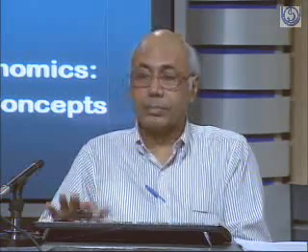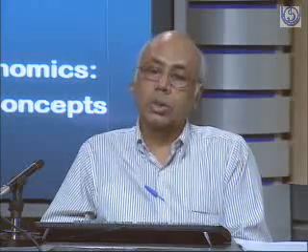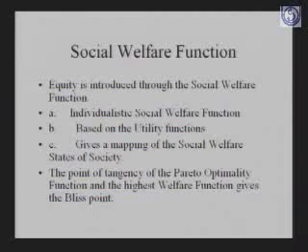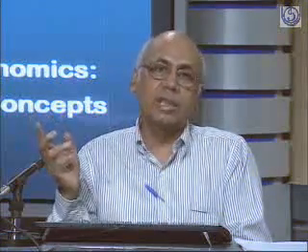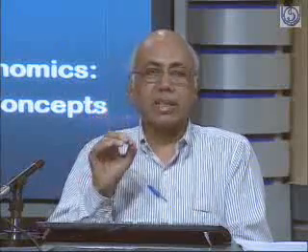Okay. Now, to achieve equity, in principle at least, what do you require? You require the social welfare function. The social welfare function incorporates in itself the entire notion of equity that every individual has. Now remember, in this theory, we have consumer sovereignty. So everybody has some idea of equity. So when we are building up a notion of equity for the entire society, then in that we have to actually bring in this idea of everybody's notion of equity.